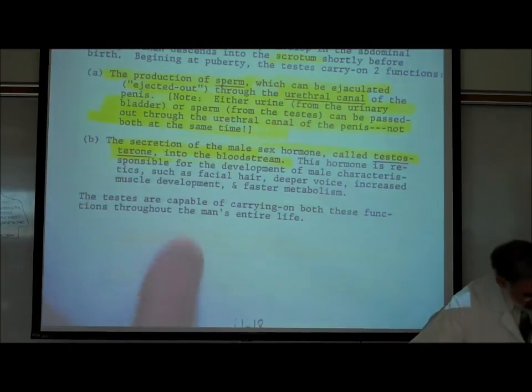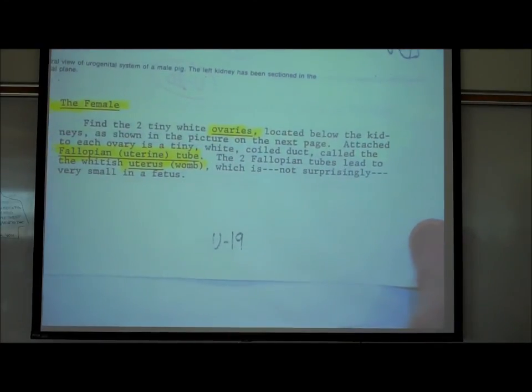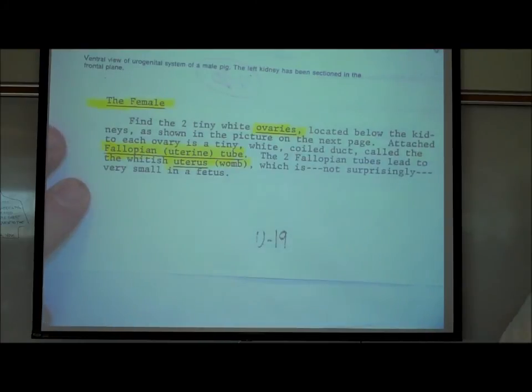All right, so that's a guy, and we'll be seeing these structures to some extent on the PIGGIE. Let's look on page U19. And on U19,